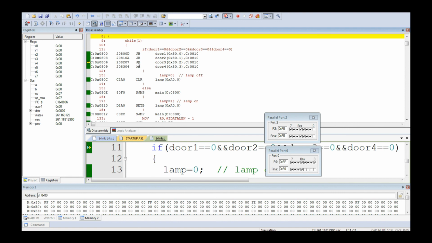So this is the assembly language program which we need to understand. These are all Boolean instructions. Jump bit is also a Boolean instruction. Clear the corresponding bit A0.0 is a Boolean instruction. Set bit is also a Boolean instruction, written as the equivalent of the C program: lamp equal to 1, lamp equal to 0, and the if statement. If condition means jump bit in the assembly language program. Now it is very clear, right? That's all, and thank you very much.